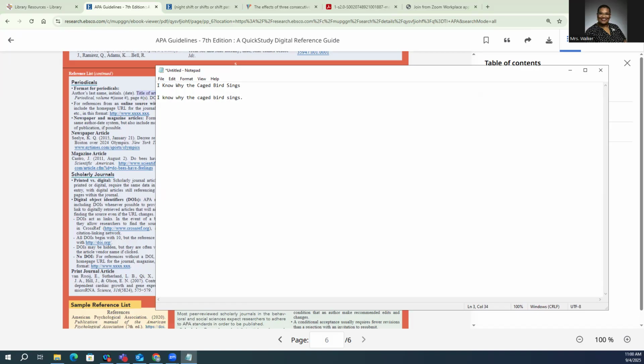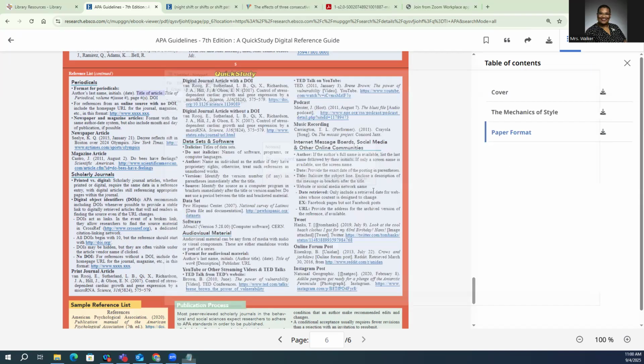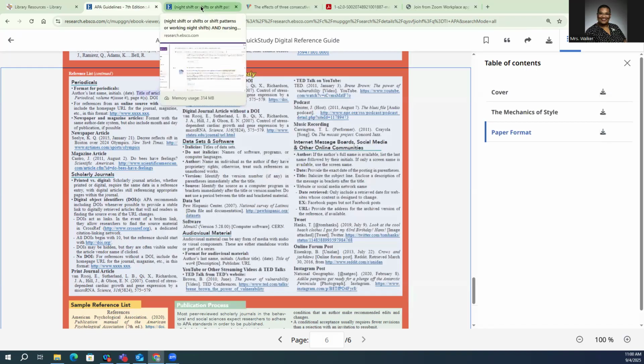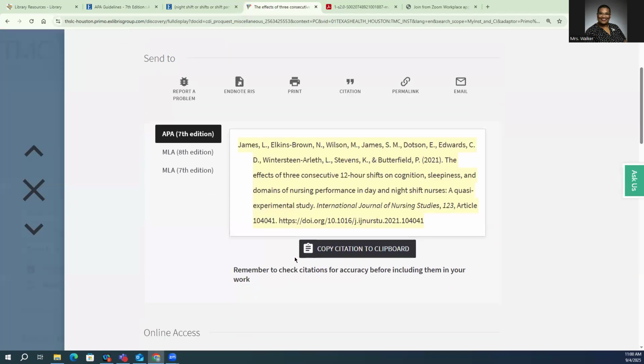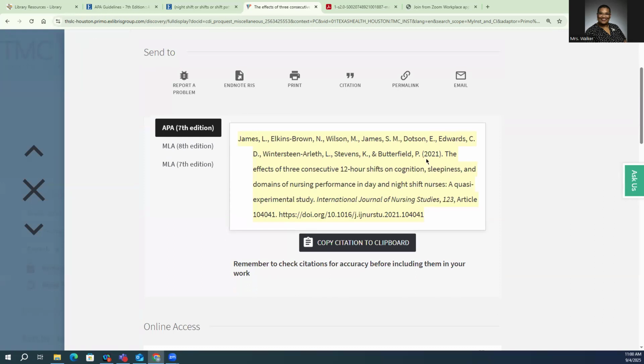okay, and I know it's funny because we're used to capitalizing all the other words, but APA 7 says only capitalize that first word. I'm showing you that because some of these citations are not already formatted like that. So it's worth it to go back and look at the citation and see if it's formatted correctly. I'm looking at this citation. I see the authors, the date of publication, and I see the title, and I see only the first word of that title, "the." Only the first word of the title of the article is capitalized.